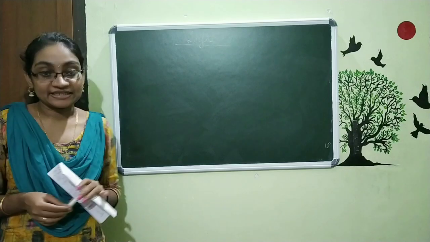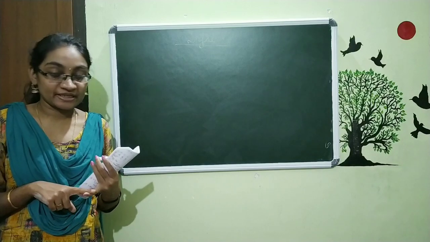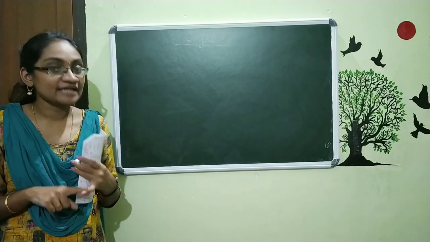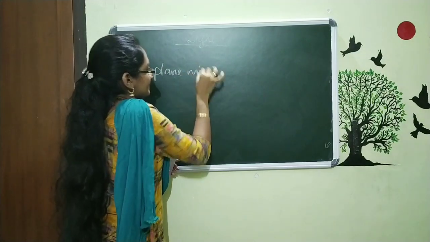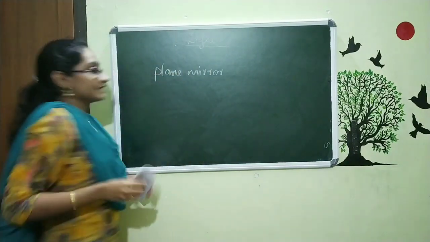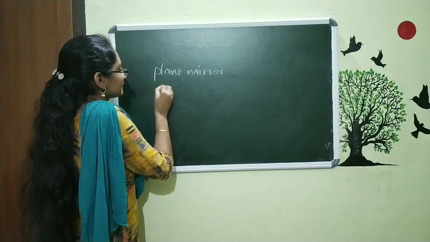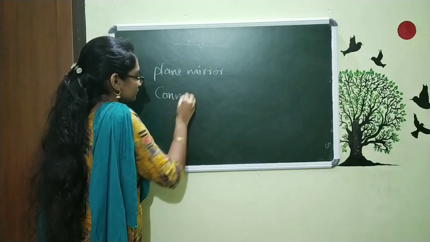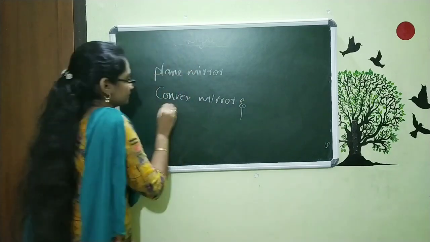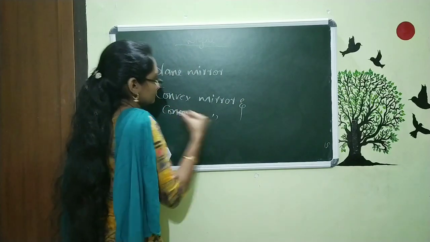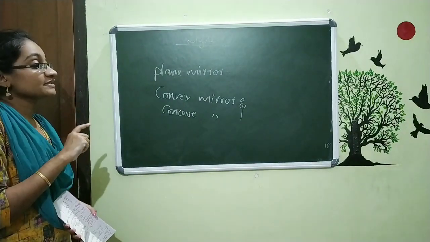Our chapter name is light. In the last few classes we have been discussing this chapter, and we discussed mirrors. In the first class we discussed mirrors and the plane mirror. Within this we then discussed the convex mirror and concave mirror, their uses and all the things, and also within this chapter we discussed